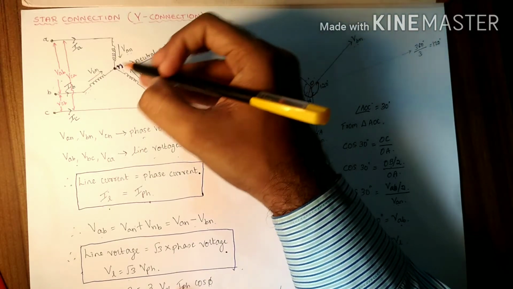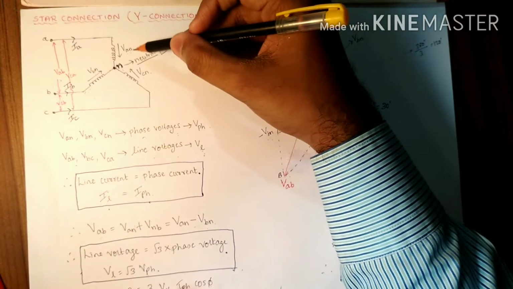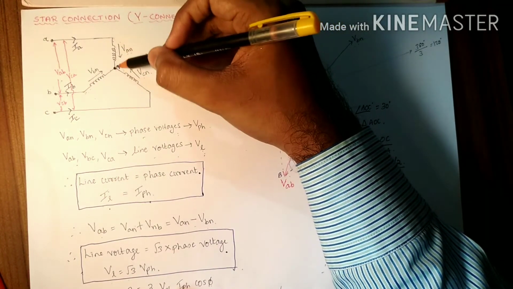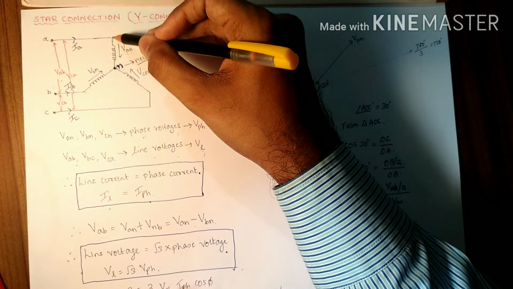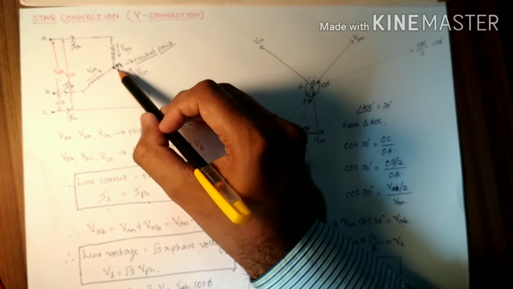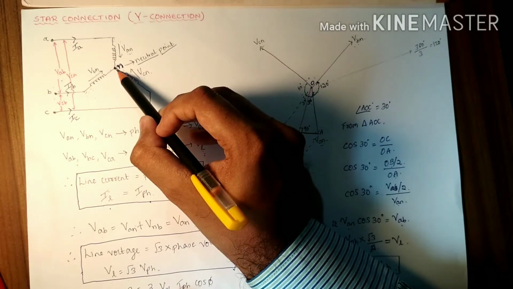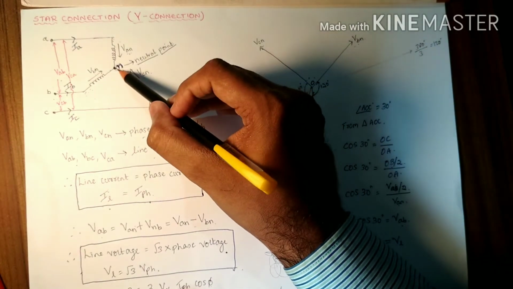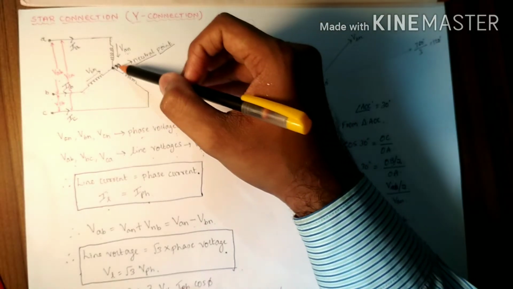Now you can see the currents and voltages already written here. So first of all, this is VAN. So you can see the voltage across the first coil from A to N, right? So this is the point A. So A to N is VAN. Similarly, B to N. So this is voltage B to N. Therefore VBN. Similarly, this is point C. Therefore C to N is VCN. So I have VAN, I have VBN, and I have VCN.